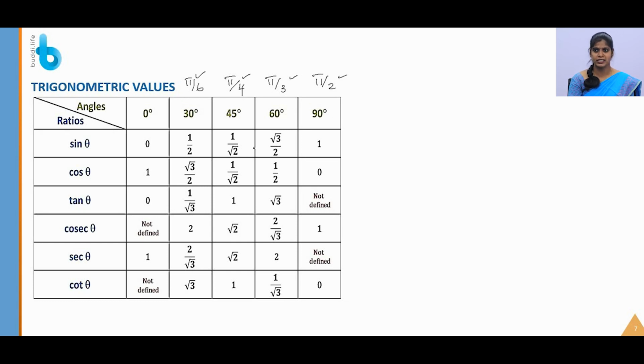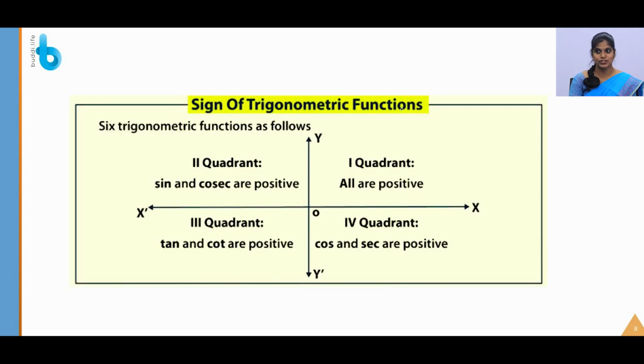Mostly you will be using the angles in pi values only. You will be referring to the angles like this only. If you are not comfortable, you can also use the angles in degrees. Okay, so these values are very much important. You have to go through them before solving the problem. Okay. Next, we will see the sign of the trigonometric functions on these 4 quadrants.